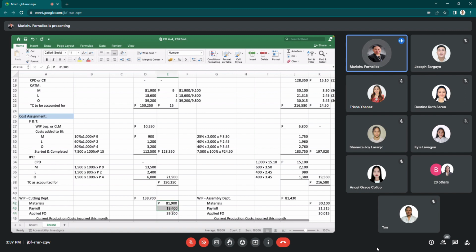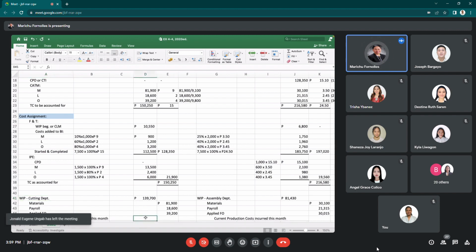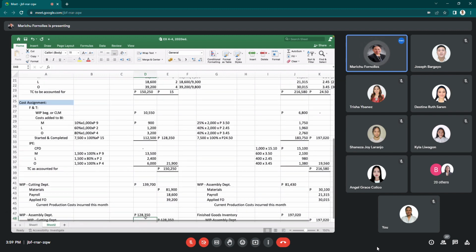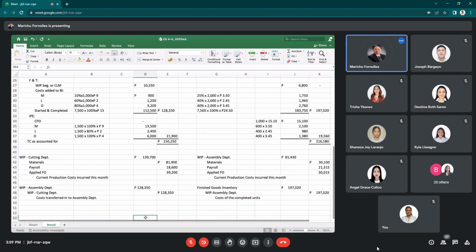So add the MLO of cutting, it gives you a total of 139,700. Charge it or debit it to work in process of cutting department. So that is the first entry to record the materials, labor, and overhead incurred by cutting department in the month of October. After that, record the transfer